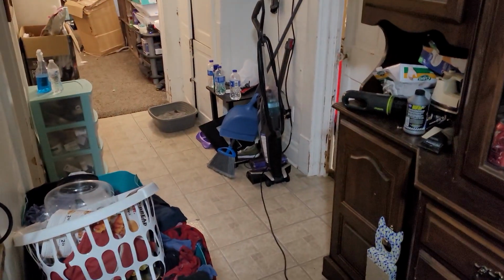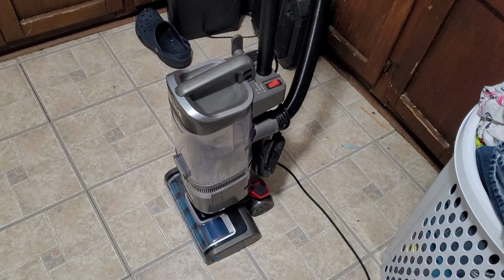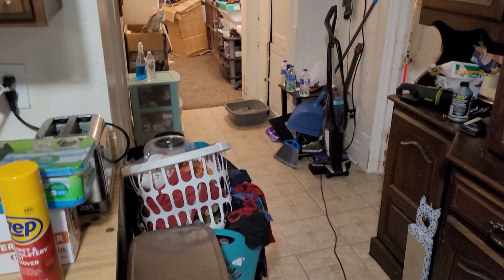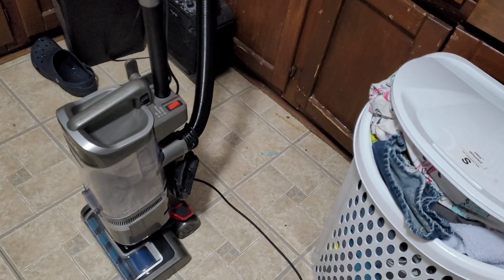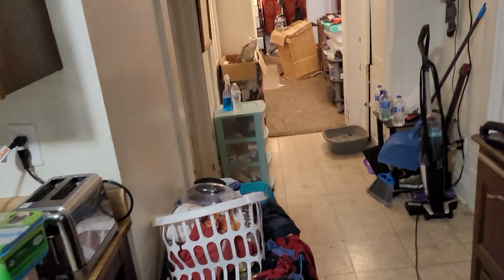Of course, we got a new kitten, so we've had the litter box outside in the hallway to make it a bit easier for him to get into it, especially since he's been having some potty issues. So obviously litter gets tracked all over the hallway. Probably for the next couple days I'll be able to finally put that back in that closet,